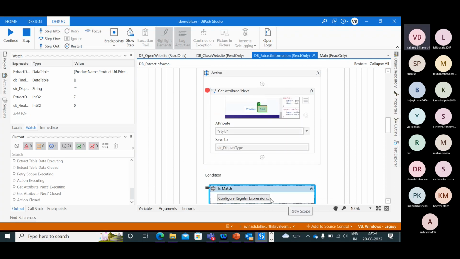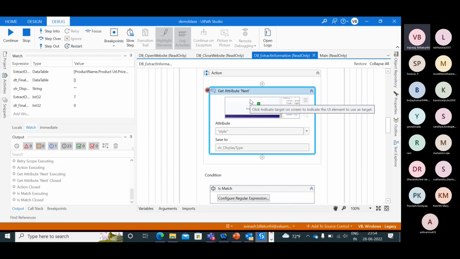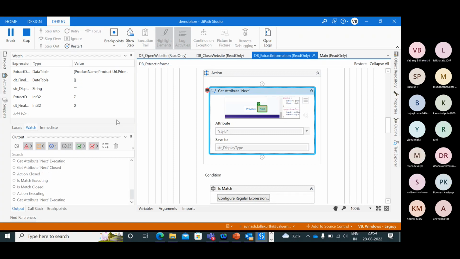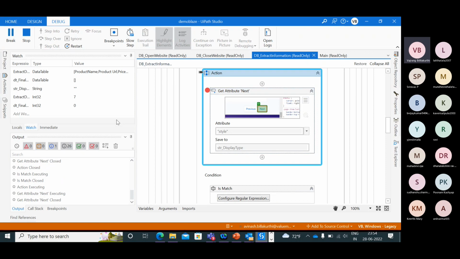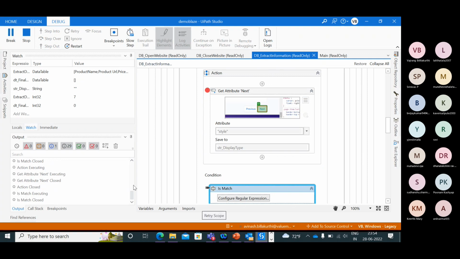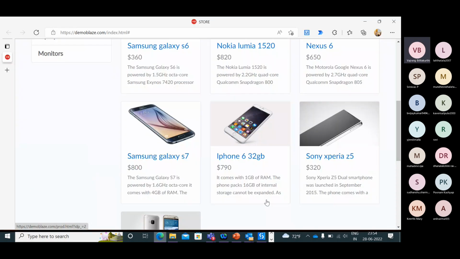It's checking for this particular item and it will be false, so it will come back after 3 seconds. Okay, and it's checking get attribute. Still empty. Step into, and let's see what is the style value.